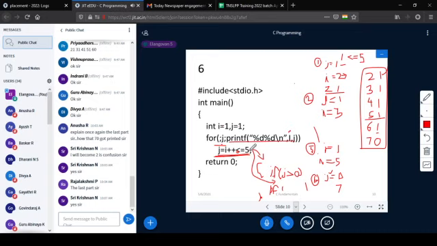Here 1 less than or equal to 5 is checked, 2 is printed, i becomes 2. At the end of the fourth iteration, 4 less than or equal to 5 was checked, and here 5 less than or equal to 5 was checked.